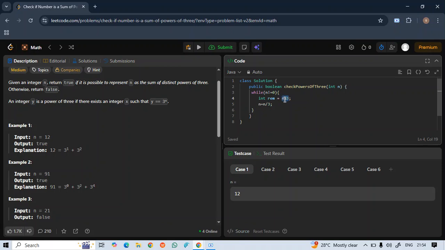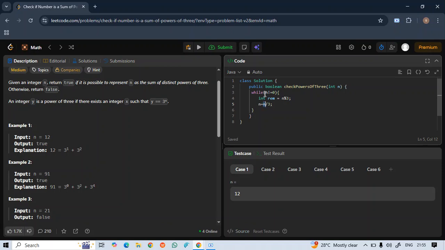Then n divided by 3, 12 divided by 3, gives 4. Again it checks 4 is not equal to 0, so the while loop is executed. Now 4 mod 3 gives remainder 1, and 4 divided by 3 gives 1 as our